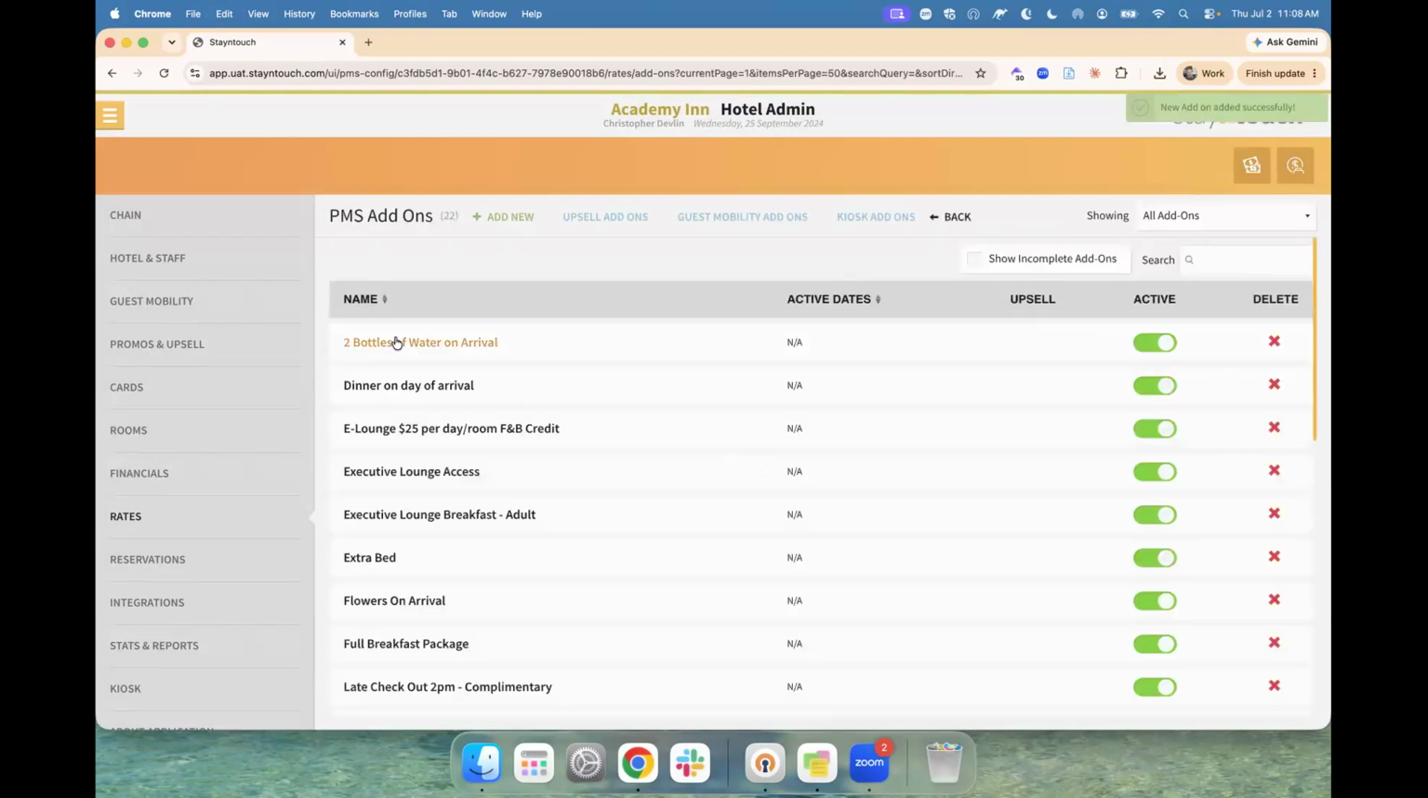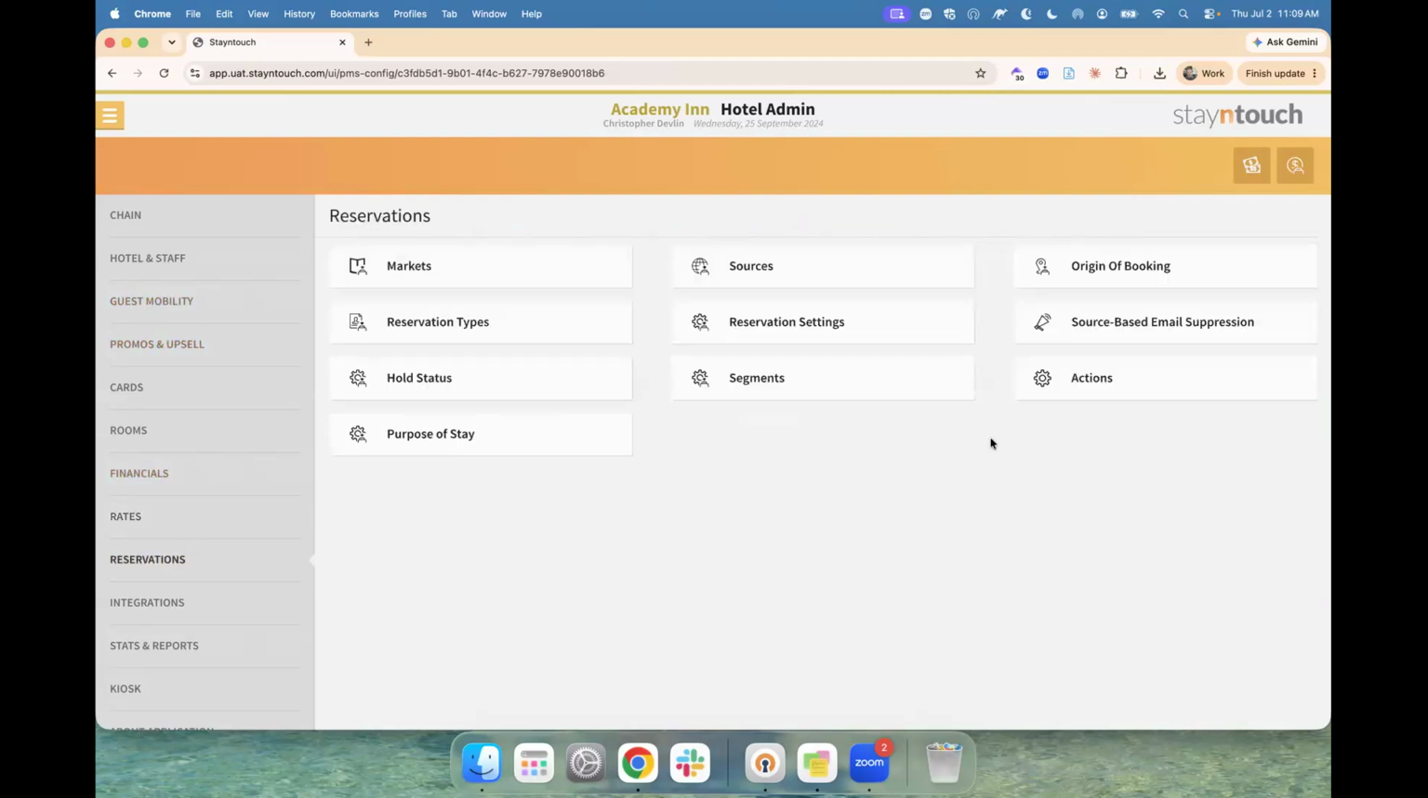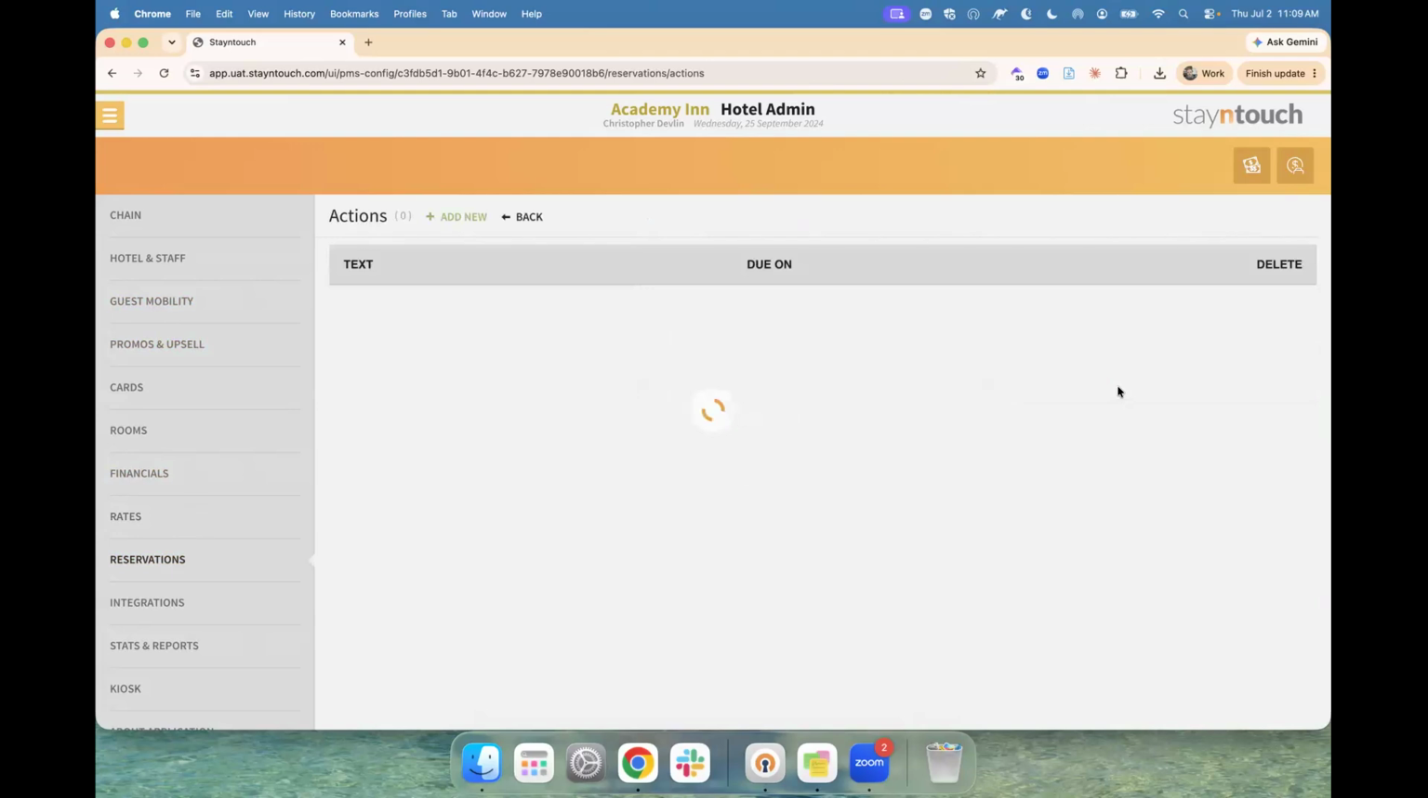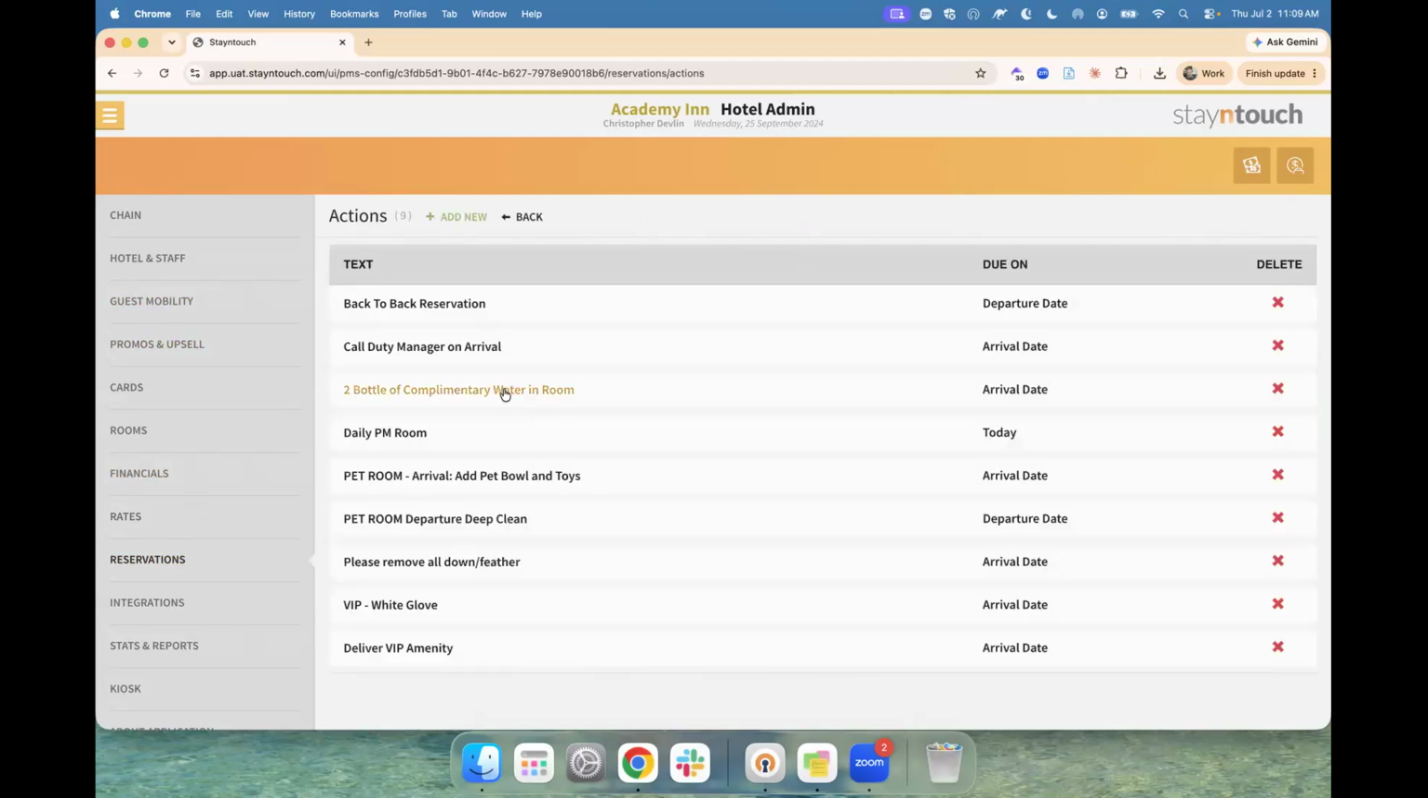So I've created an add-on for 2 bottles of water on arrival. That's something we can basically associate with a rate code if we wanted to, or just kind of sell on the fly or give to VIPs and so on. But now that that's there, if we go back under reservations and actions into my 2 bottles of complimentary water